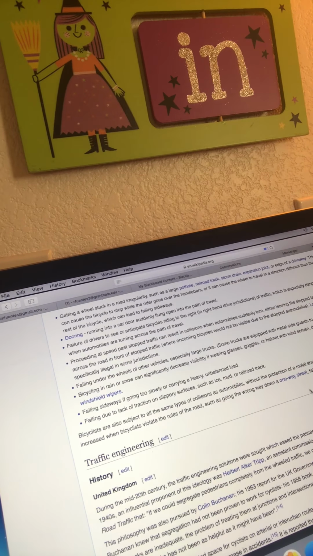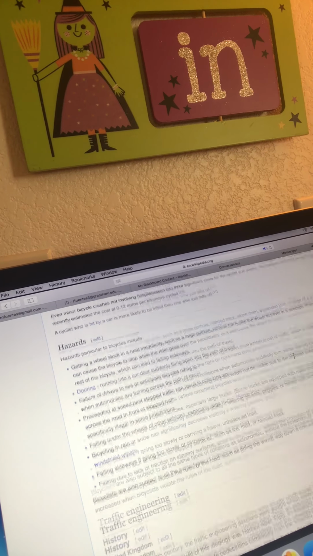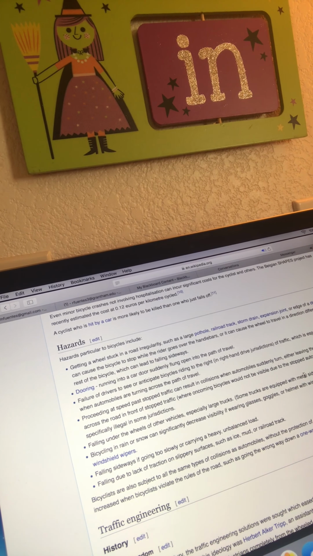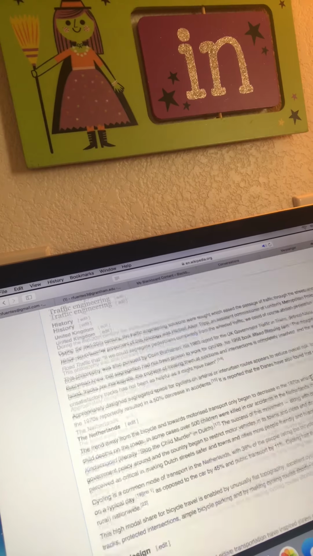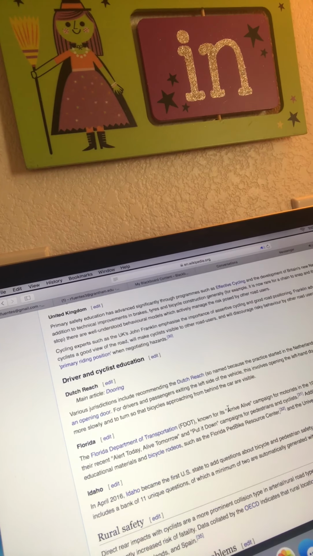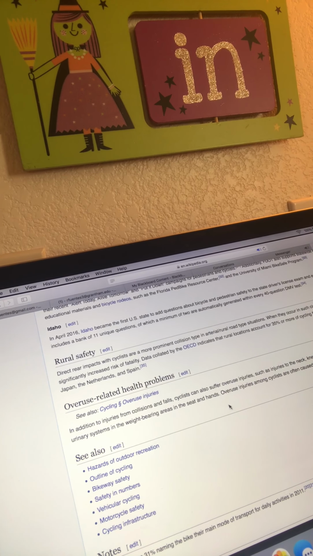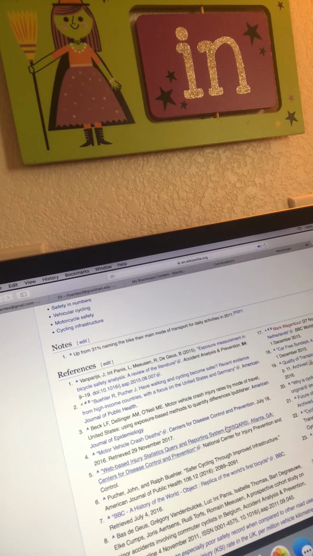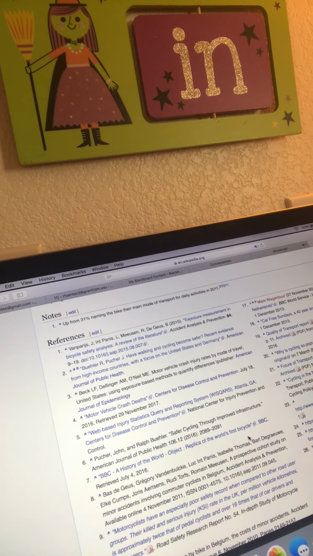Most of you are familiar with Wikipedia, and the thing about this is that anyone can edit this. So you could go in and just click on edit and edit this. And that's basically the definition of a wiki. But if you go down here, you see this